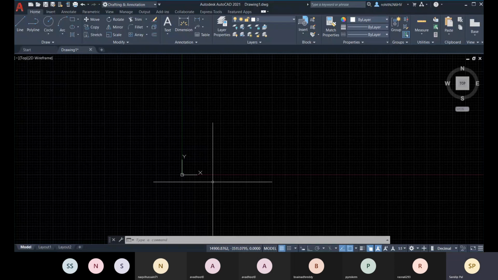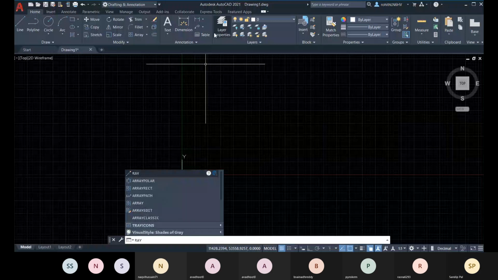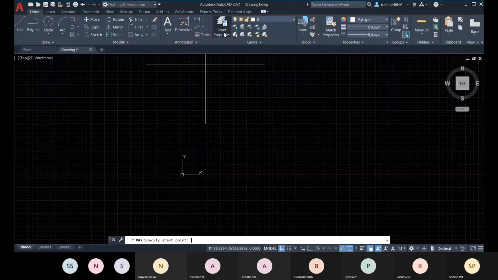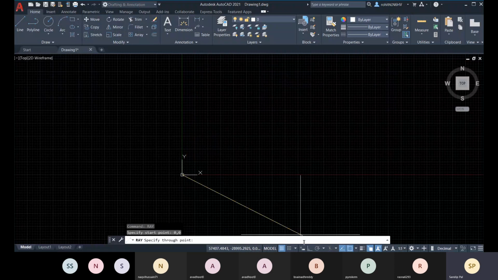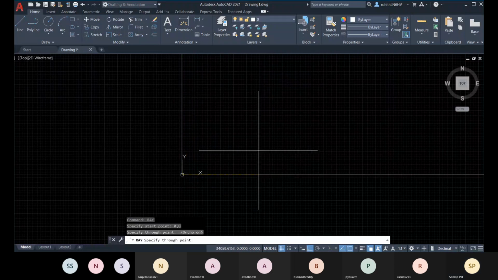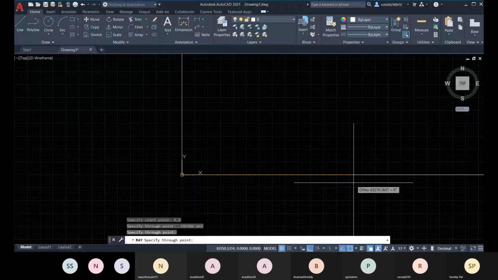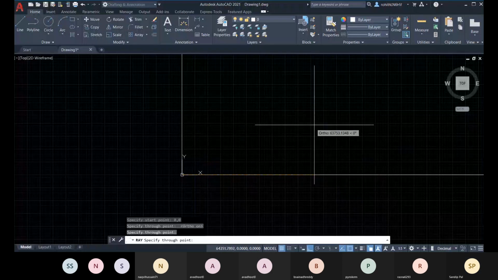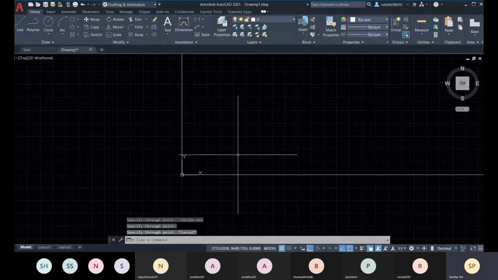Now let me quickly create that ground floor plan with the ray line. So my startup point will be 0, comma 0. Let me start from that point, and the horizontal direction. Okay. Now let me set my unit,